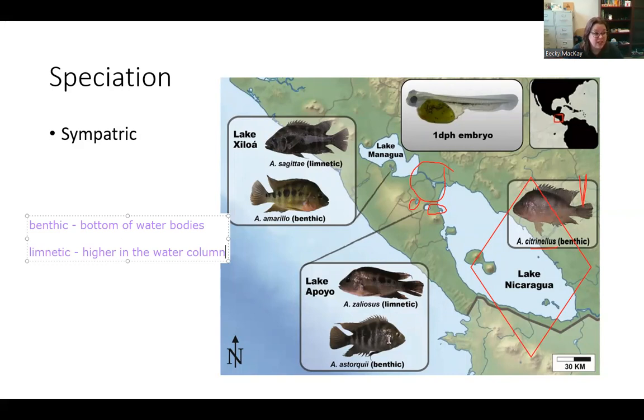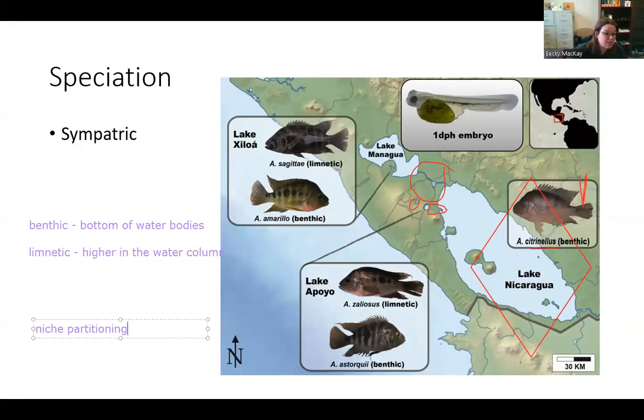So there is these fish, but these lakes that they live in now are really, really tiny. So kind of like we talked about with Darwin's finches, if they all stayed the exact same, they all were benthic fish, they would outcompete each other and kill each other off. So what happened is what we call, this fancy term, niche partitioning. And this is what happened with Darwin's finches too. Pretty much they occupy different niches so that they don't compete with each other.